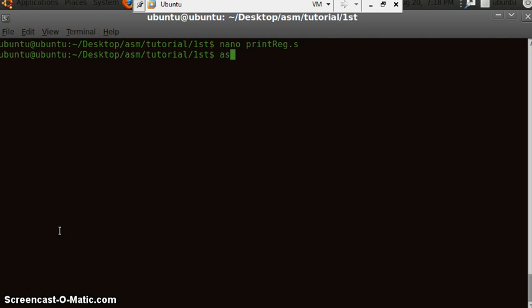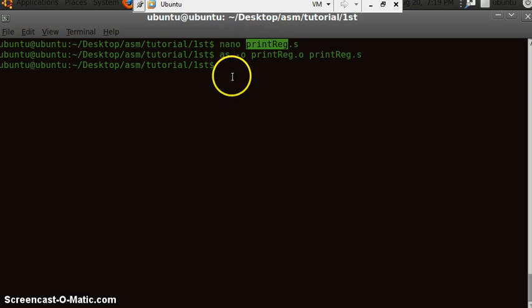First of all, assemble it, create an object. Let's copy it so that we don't struggle to keep on typing again and again. Create an object called printrec.o from the file printrec.s. If your code includes some kind of errors, it will show here. It won't assemble properly.